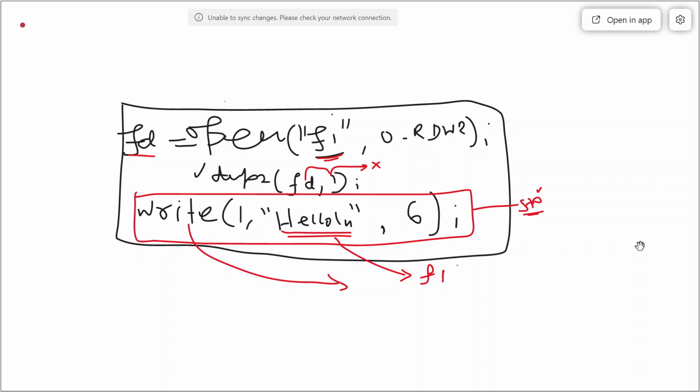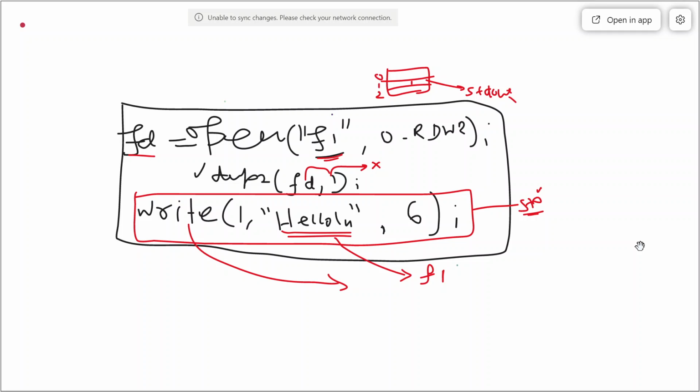Actually, the console will remain as it is, but what is happening, as I stated, is that the file table entry, so this is 0, this is 1, this is 2, and this, so the console file will remain the same, but this entry of the file table will change. Earlier this file pointer was representing a standard output file. Standard output is also a file. By default this file pointer will represent standard output. But now we have closed the standard output one.